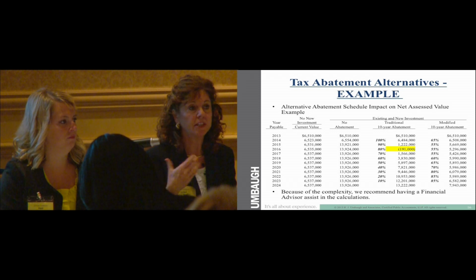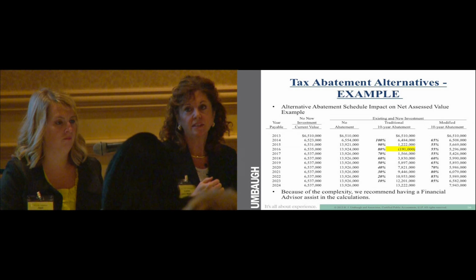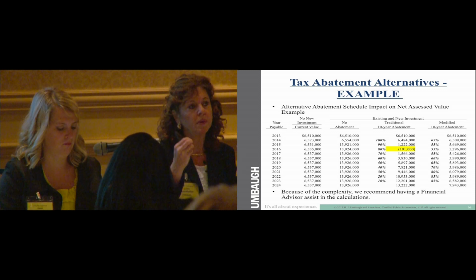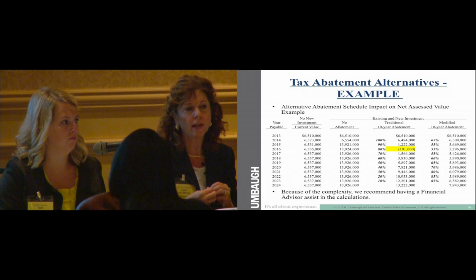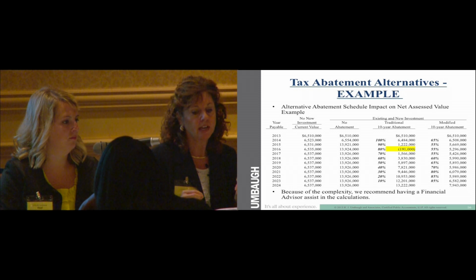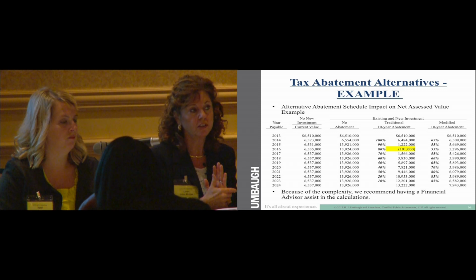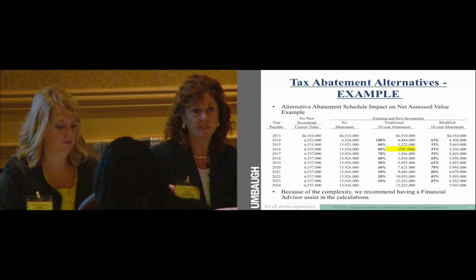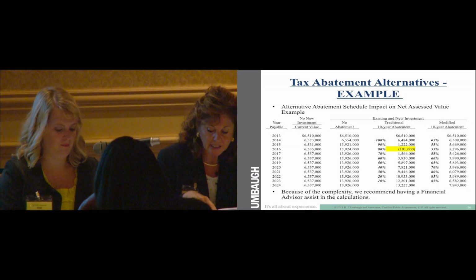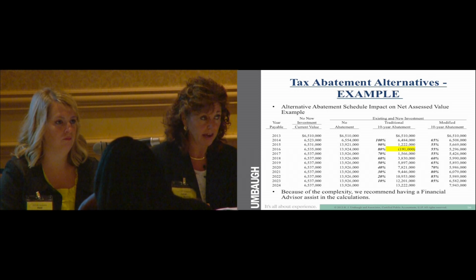But as Heidi was mentioning, when you get a company that has existing equipment and is also doing the new equipment, there are these complications that can occur. So at that point, it's very helpful to have someone actually get their existing equipment schedule, the abatement, and then add the new to it to see what that ultimate impact is. And when we show negative, basically what that means is that company wouldn't pay any taxes on their equipment that year.